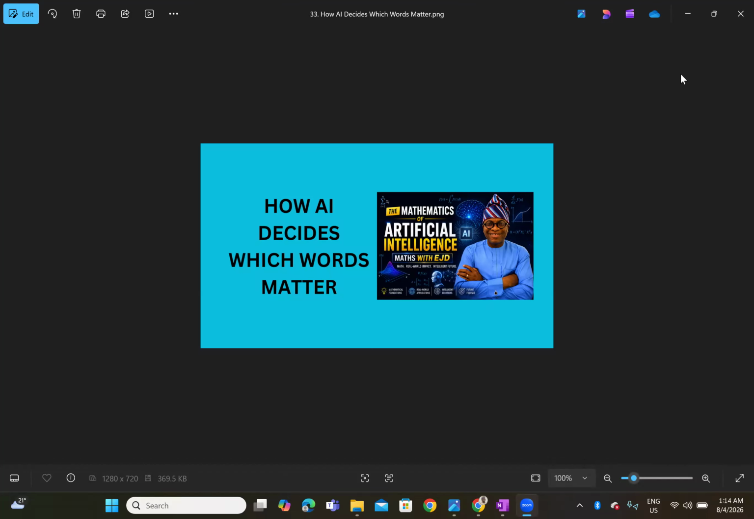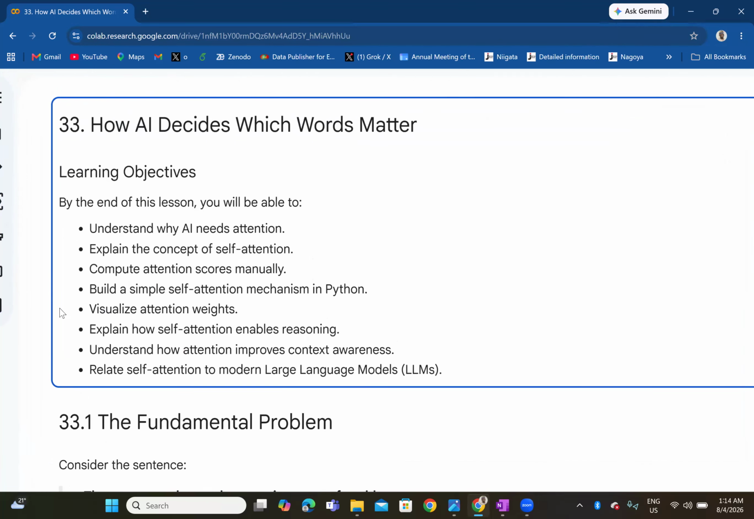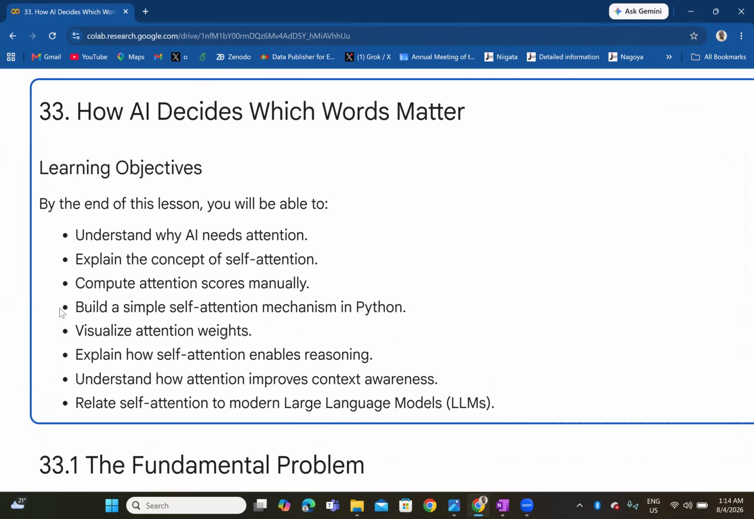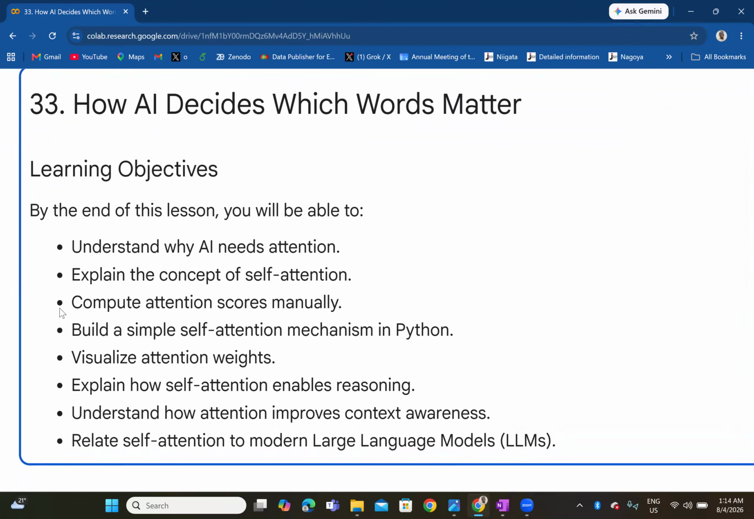Let's go deeper into the mathematics of artificial intelligence by looking at how AI decides which words matter. Our objectives here include to understand why AI needs attention, explain the concept of self-attention, compute attention scores manually, build a simple self-attention mechanism in Python, visualize attention weights, explain how self-attention enables reasoning, and understand how attention improves context